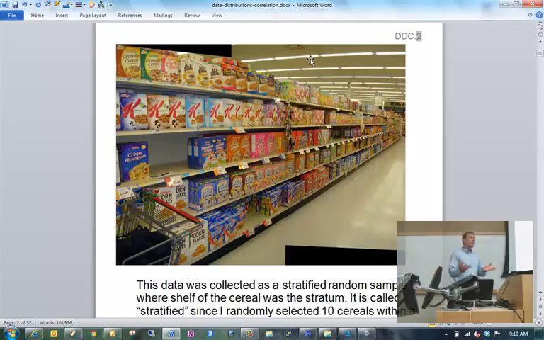So, for example, maybe these grocery stores will put high sugar content cereals on the bottom shelf. Let's call that shelf number 1. Or maybe the next shelf up, shelf number 2. So why do you think I mentioned high sugar content cereals? Kids want high sugar cereals. Exactly. Kids like high sugar content cereals, and if they're low on the shelves versus at the top, kids are more likely to see them and thus maybe more likely to pull them off the shelf